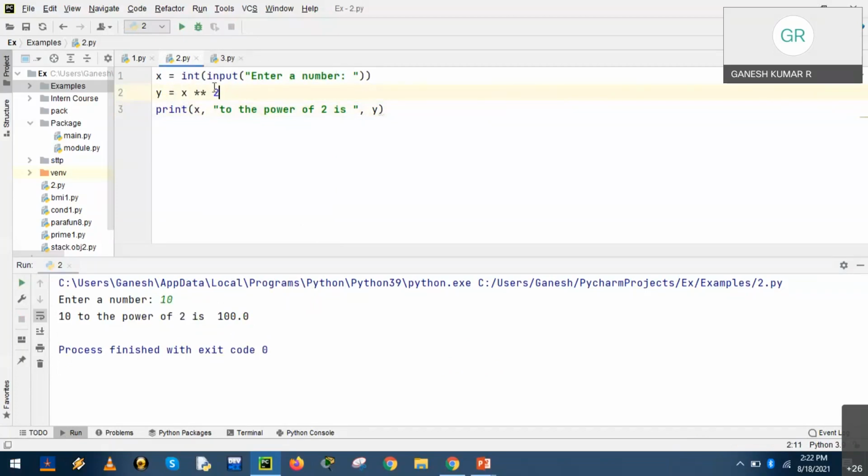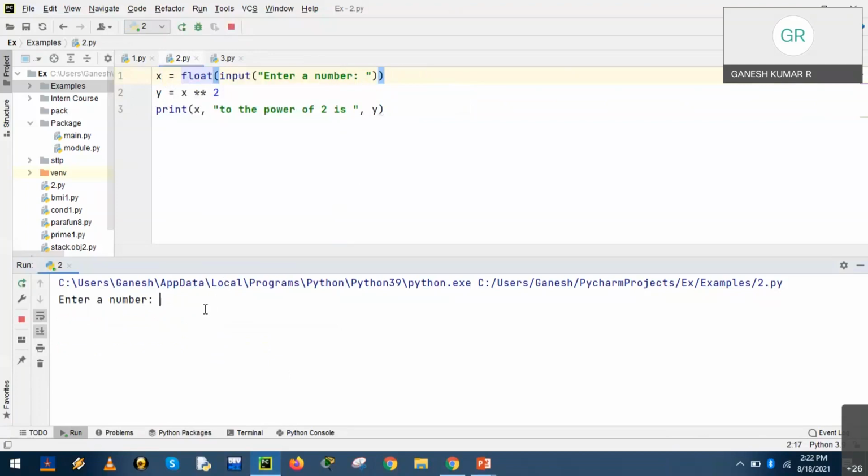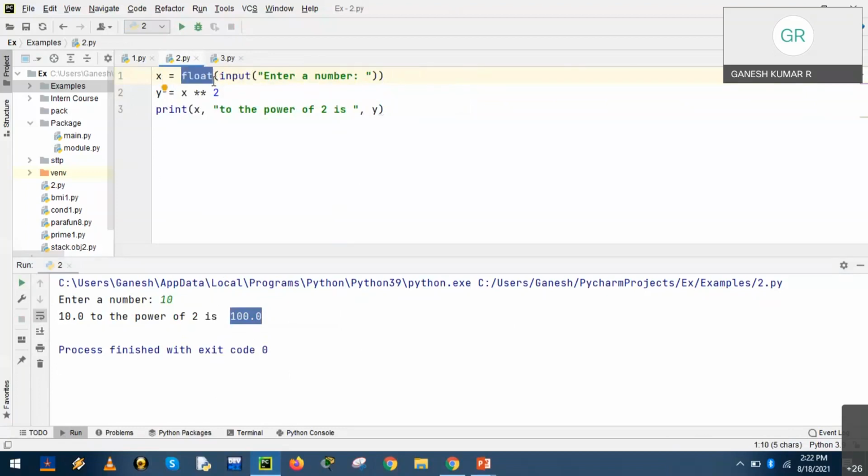The next solution, instead of changing the operation values, is that we can declare it as a float. So no matter whether the input is integer or float, we'll be getting the output as a default float, 100.0. The result is a float because we have converted the string into floating point data type. Hence, the output results in the form of float.